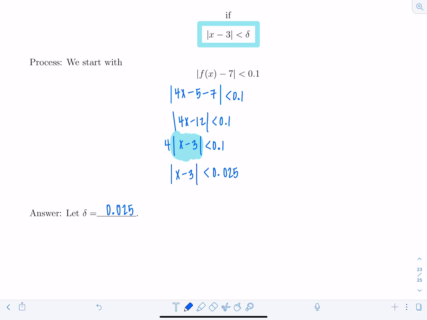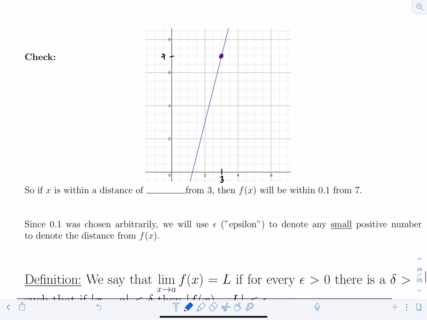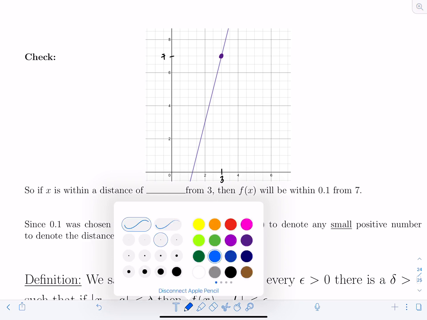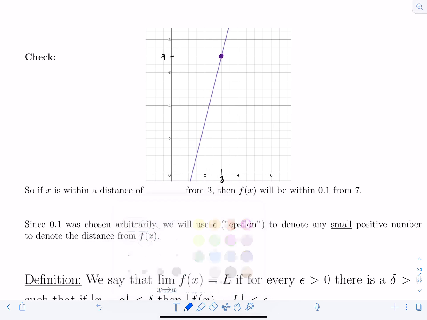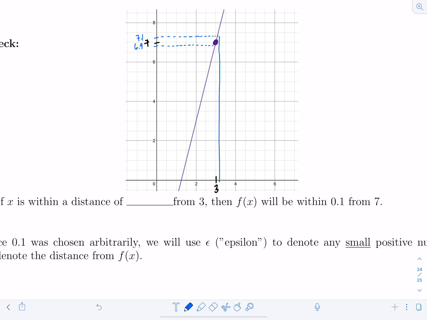All right, let's see if we can confirm this. Let's check it on our graph, okay? So we know that the limit as x approaches 3 of f of x is equal to 7. That's shown there. And remember, we wanted to be able to go up to 7.1 and then down to 6.9. So say this is 7.1, this is 6.9. Okay, and they hit the graph there. Well, if I trace those points down, then they should correspond with,